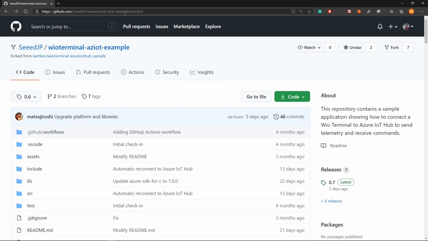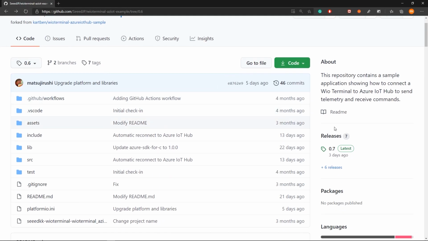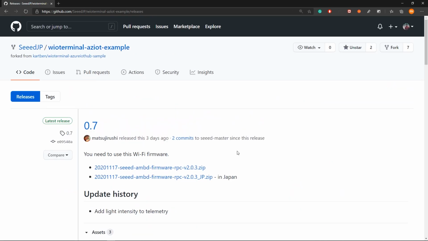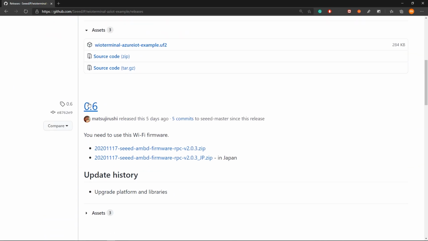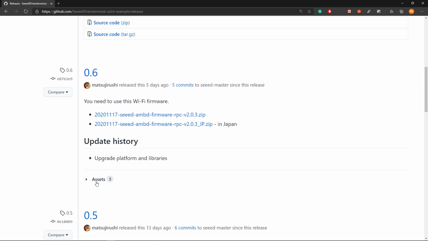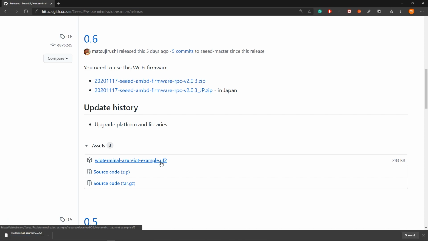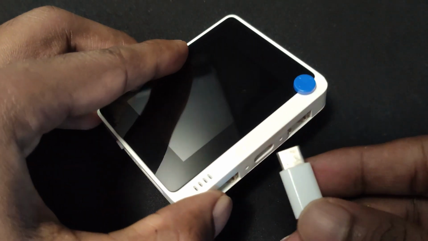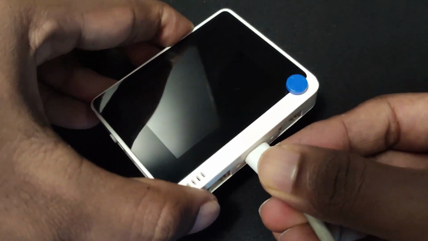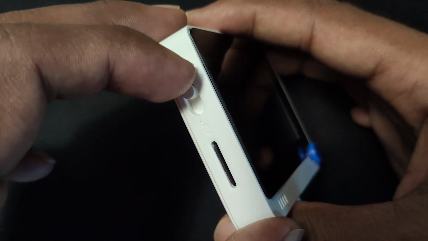Next, visit this repo on GitHub and click on Releases, go into Release version 0.6 and in here inside Assets, click on this .uf2 and it will start downloading. Now connect the Wio Terminal to the PC using a USB cable and turn it on.